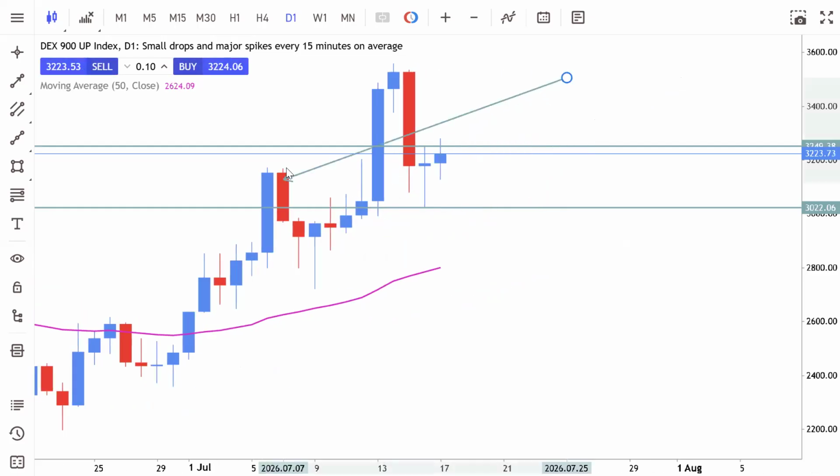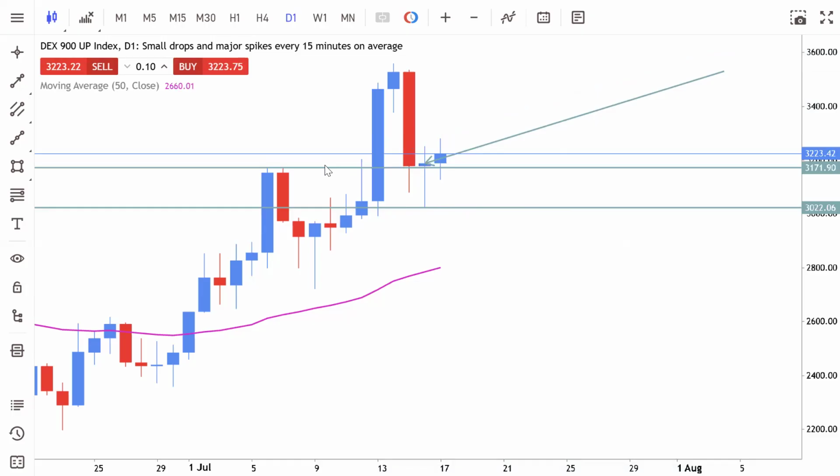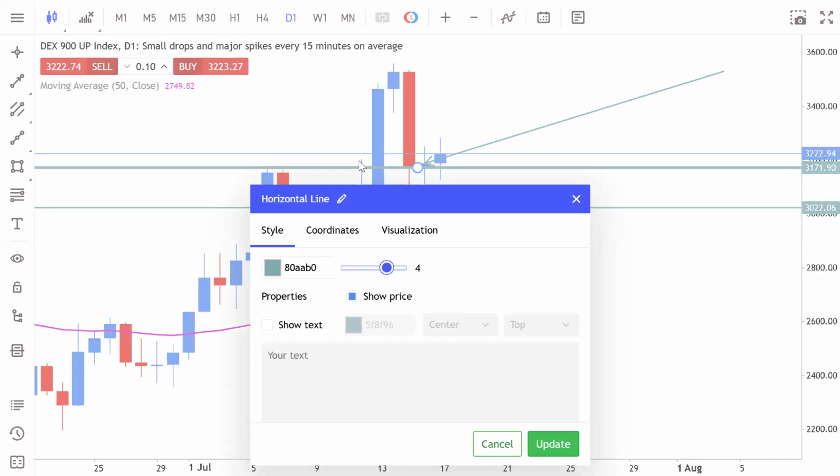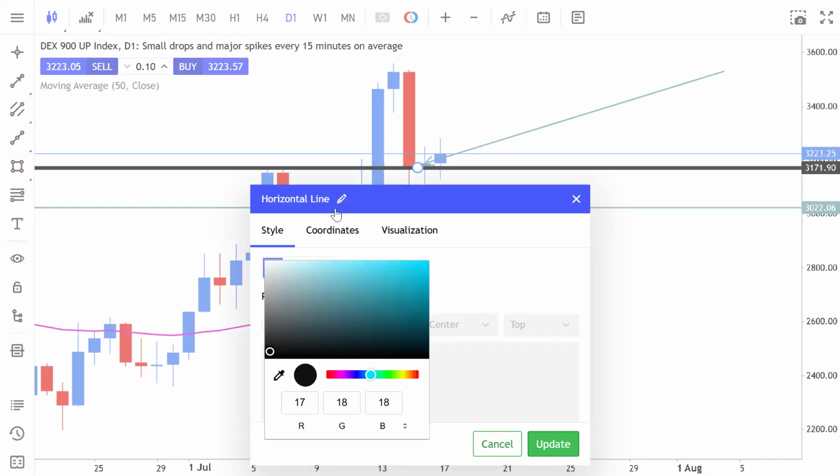If you can clearly see, this is a zone, okay? This is a structure which this blue bullish candle broke, and immediately it broke this structure. That is why we had this pullback. Every time we break a structure, we definitely are going to have a retest of the zone after price has gone up. So that is also very important for you to master when you're trading. You need to know that every time a market breaks a structure, it is definitely going to do what? To retrace. So it broke this zone,